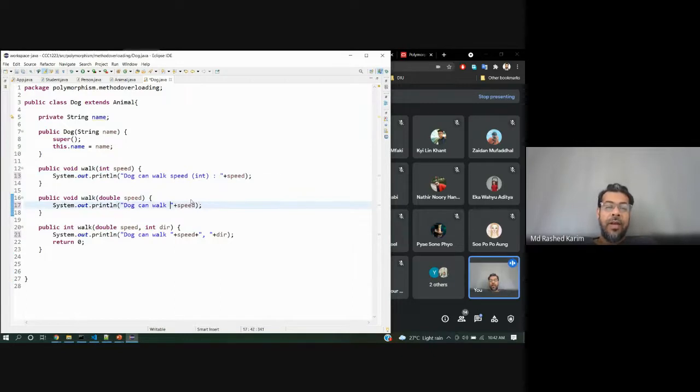Then I'll use a method with speed as double, so that you can understand what it is called. It is declared with the double type, and direction is there too.